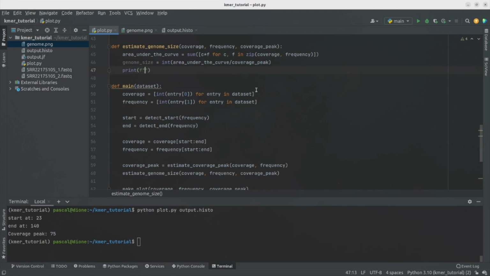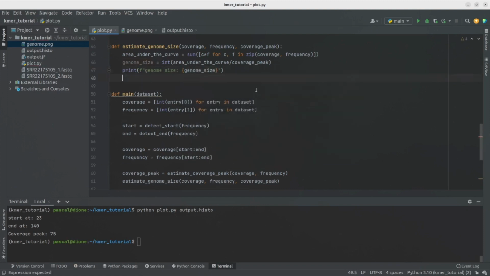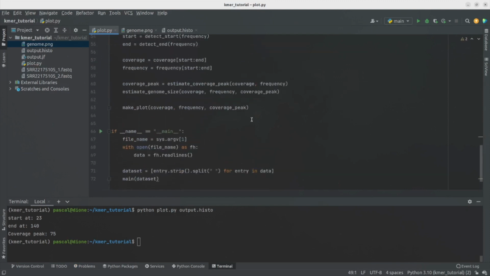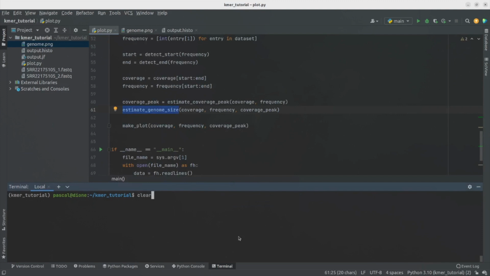So an f-string, genome size is going to be genome size. I don't think we need to return anything here. We are not going to use this information anymore. So we just needed to call it here. And then if we run the script,